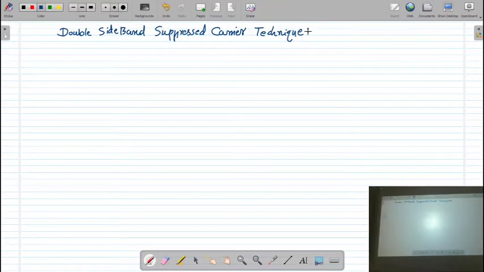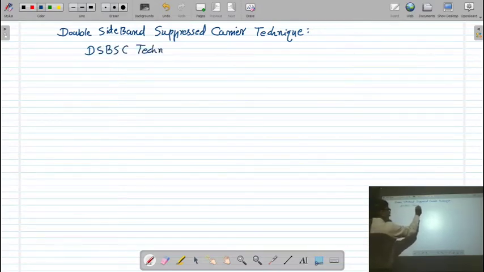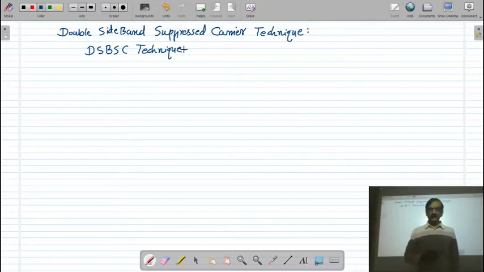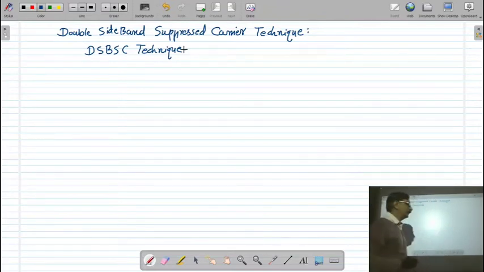In short, this is also known as the DSC technique. So why do we require this kind of technique? In amplitude modulation, we know that the AM wave is represented as